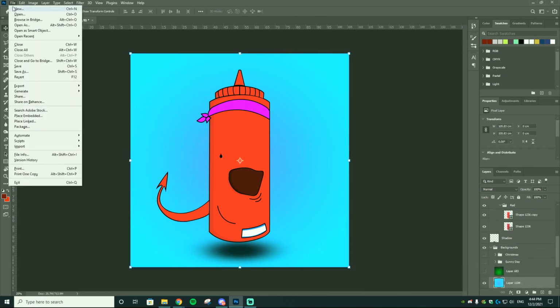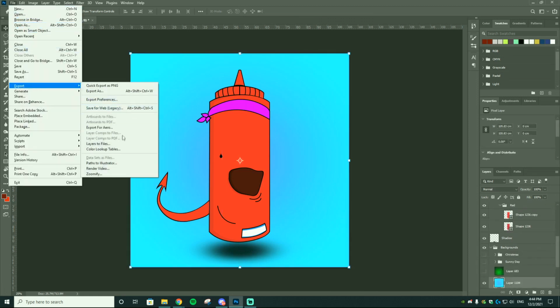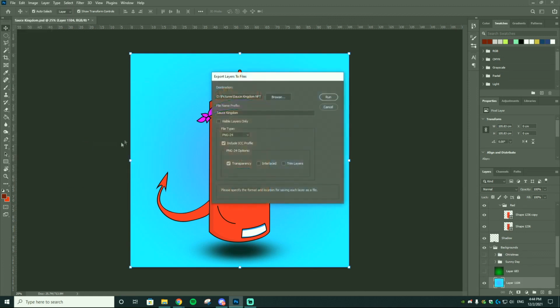So once you have everything organized into different folders, what you want to do is go to File in the top left, then Export, and then Layers to Files. Click that, then make sure your destination is wherever you want it to save. For the file name, just save it as whatever you want your NFT to be called, and then make sure the file type is on PNG 24. Have these two options ticked on, so transparency and include ICC profile, and have interlace and trim layers ticked off. Then you just want to select run, and this is going to export every single layer that you have as